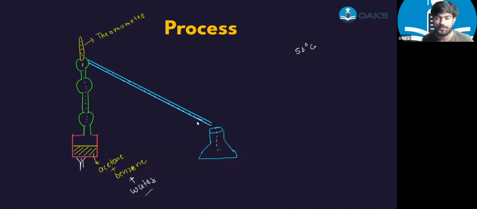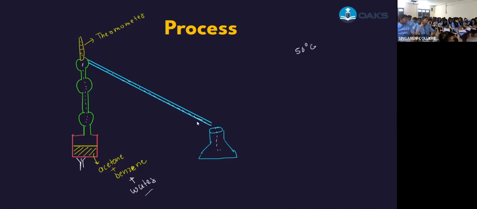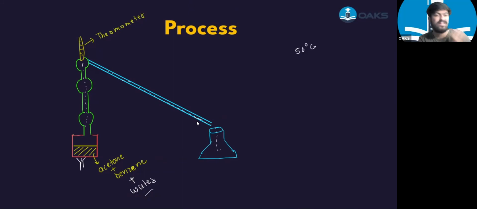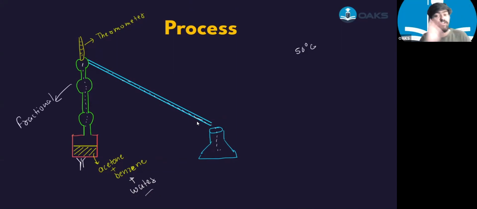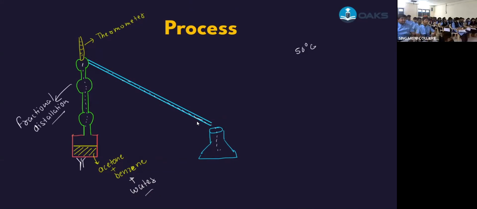Yes or no? Right? So this process is the same as distillation, but the major thing here is that we are involving this fractional distillation column. Yes or no? And if we know the difference between the boiling points, we can easily use this process for which kind of solution? The solution which has a boiling point difference of less than 25 degrees Celsius. Yes or no? That's it. Now understood, everyone?